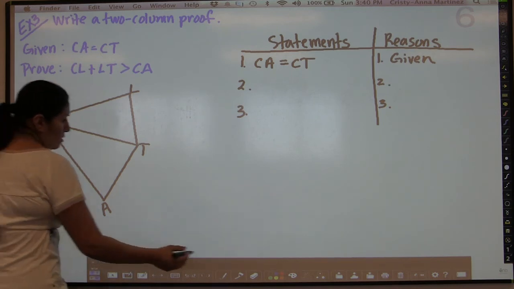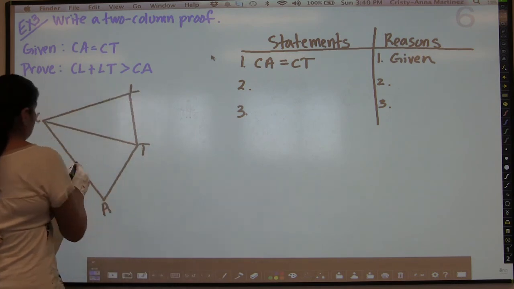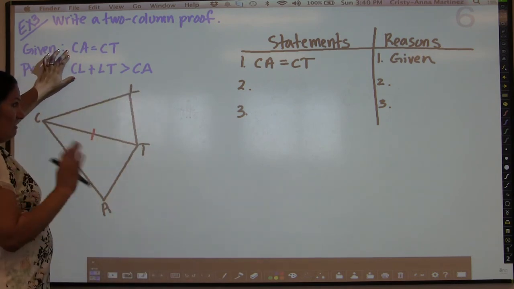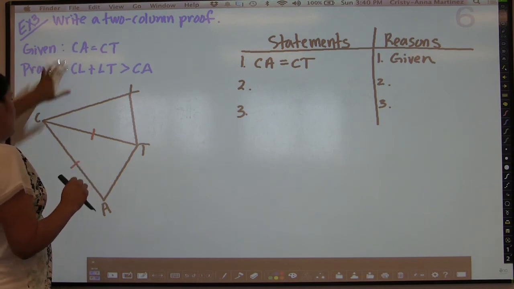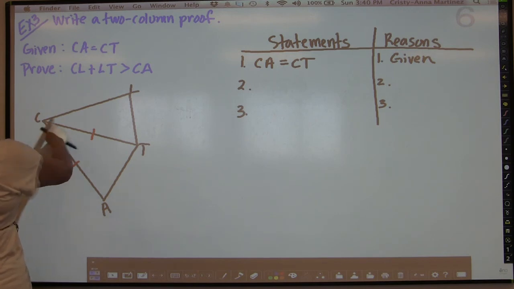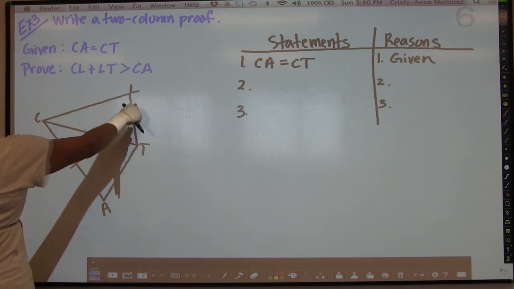So we know that these two are congruent, which is why it says CA equals CT. I only gave you the raw bones of what we needed to know in order to do the proof. But basically it wants us to prove that a direct flight from Colorado Springs to Tulsa through Lincoln, Nebraska. So basically they're saying if I go from Colorado to Lincoln, Nebraska, and then to Tulsa,